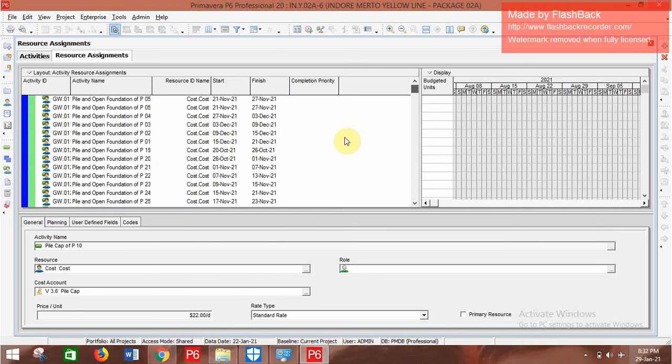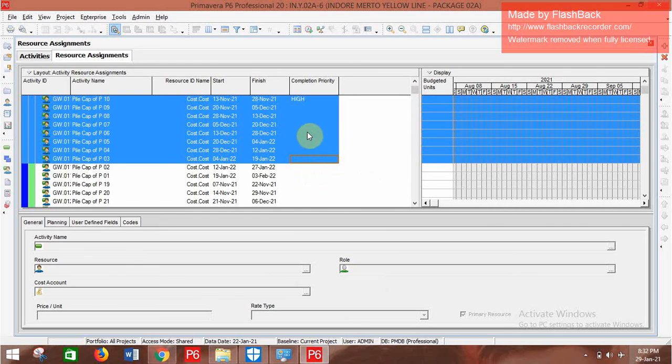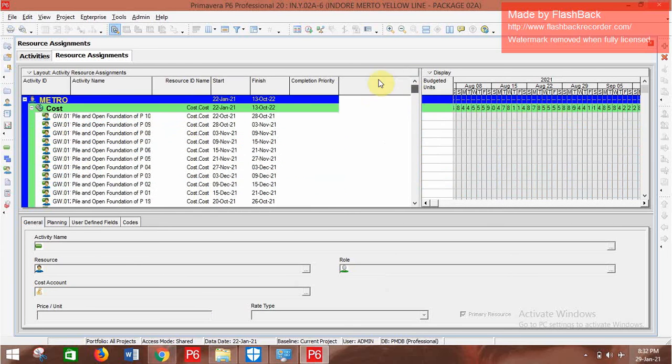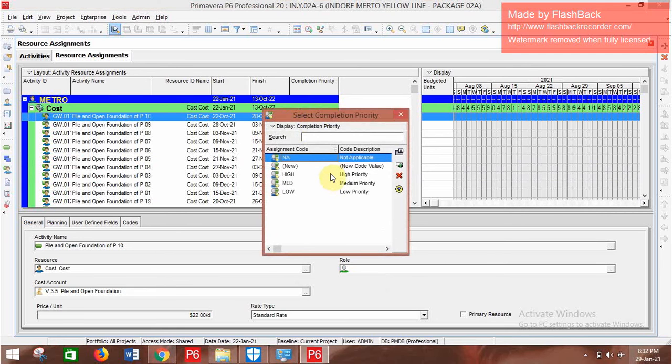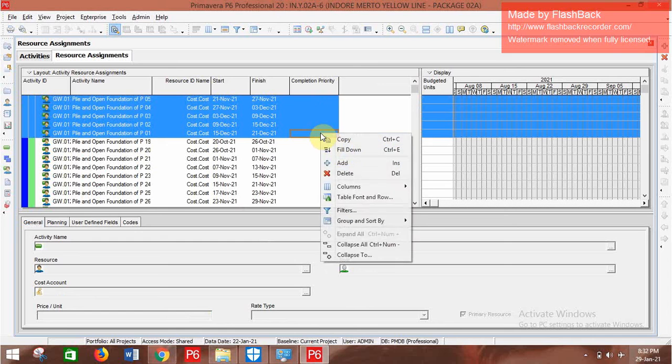Simply you can fill down your priorities. Like I will put high and fill down. Then I will select this as a low priority and drag down.